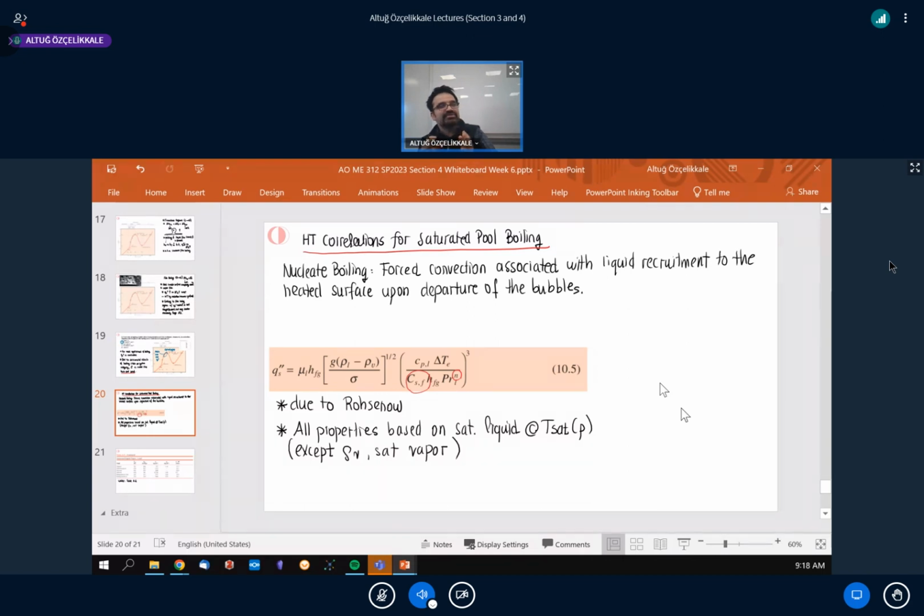But actually, the other explanation is that the bubbles are not forming everywhere. They start forming at nucleation sites, and therefore vapors are forming close to each other. They are going to start from one location, and then this bubble is going to grow at that location. So depending on the surface conditions, the density of nucleation sites is going to change. And as a result, these parameters C_sf and n are dependent on